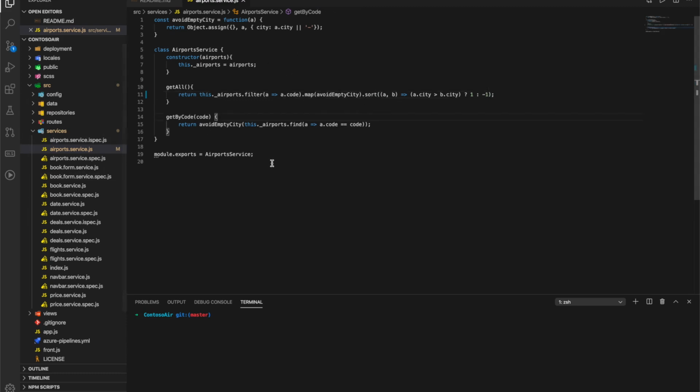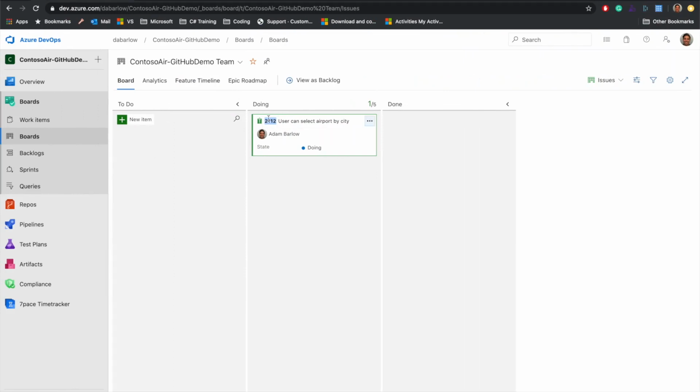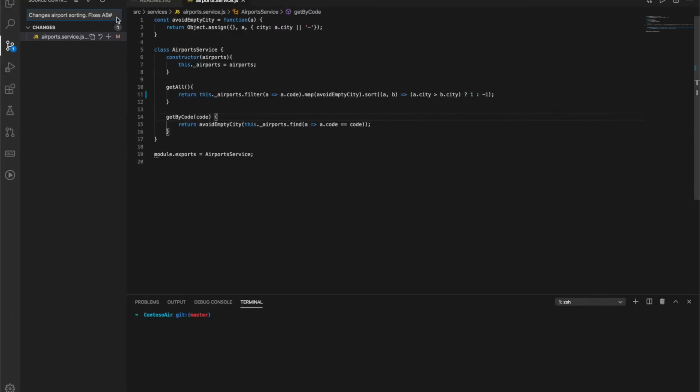Once we have this fixed, we can go back into our source control, and we're going to commit this change back into our repository. We're going to say changes airport sorting fixes AB. Now this is the important part. As we're committing, we're going to have to reference this number within our commit. That's how the link establishes itself. As soon as I enter that in and commit it, I'm going to push this up to the cloud,